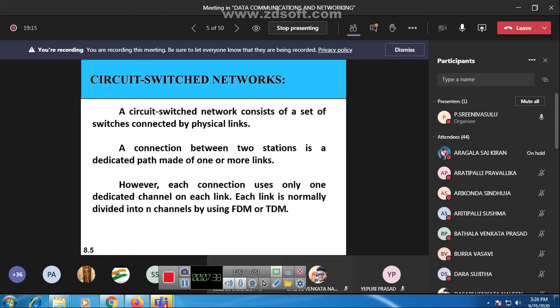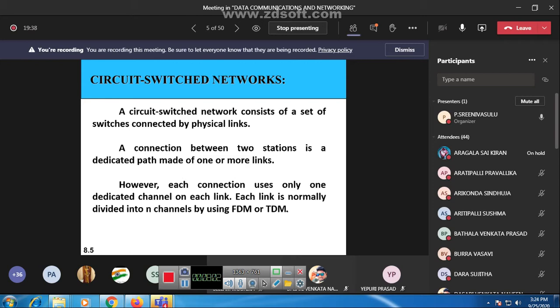Guided means it may be twisted pair cable, coaxial cable, or fiber optic cable, whatever link we are using to transmit the information from one device to another device. So in circuit switching, we can use any type of method.